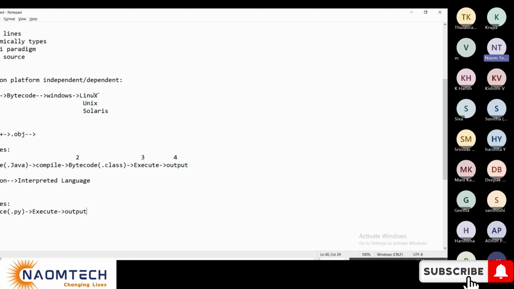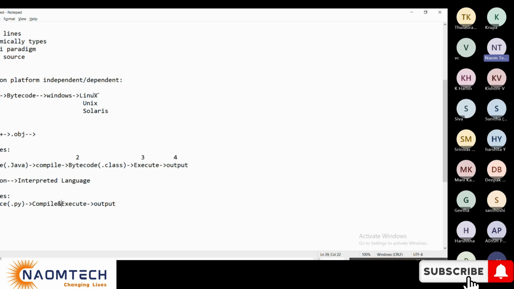Whatever I am discussing now is very useful for you. Just listen carefully. I believe there is no difficulty in understanding my explanation. If you compare, how many stages are there in Python? Just three stages. And if you observe the stages in Java and in Python, what is missing here? Let me be more clear for you: compile and execute. In Python, you have a source, then compile and execute, and you get output at the end.